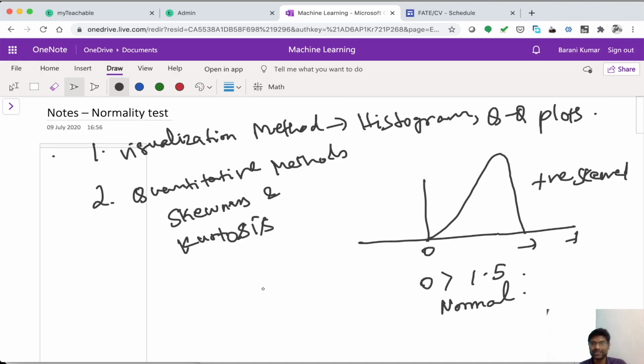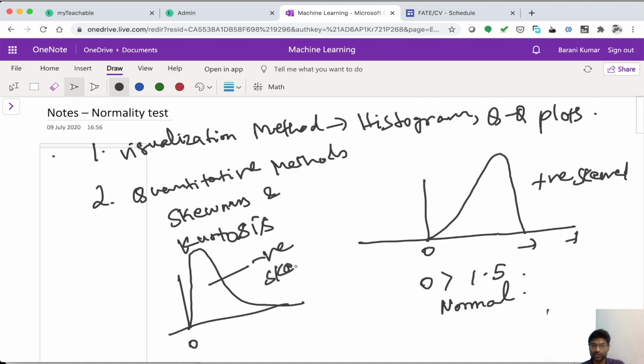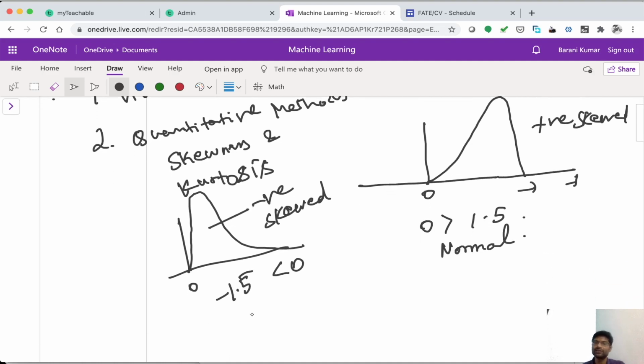To understand negatively skewed data, it is just the direct opposite. Say my data starts at 0 and my distribution is more skewed towards the left side of the axis. Then this kind of data we call a negative skewed distribution, and the output of the skewness formula will be less than 0. If it is going to be, say, minus 1.5 or something, then we can safely assume my distribution is not normal and is more negatively skewed. Okay, so this represents the shape of the distribution.